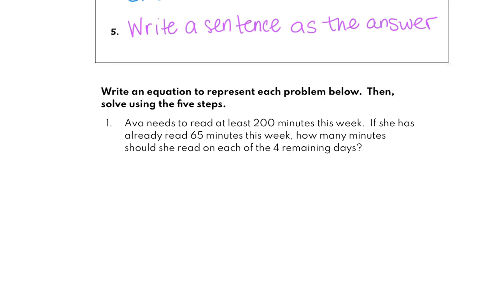Okay, now let's use those 5 steps to solve this equation or inequality. Ava needs to read for at least 200 minutes this week. If she has already read for 65 minutes, how many minutes should she read on each of the remaining 4 days? So the very first thing we're going to do is define our variable. Go back to the question if you're unsure what you're looking for. So we're looking for how many minutes she should read. So we are going to let x equal the number of minutes